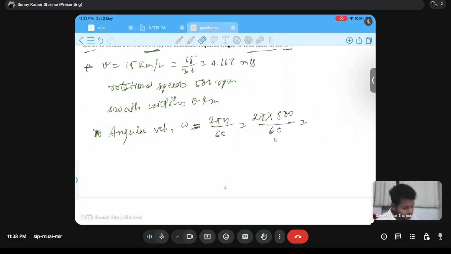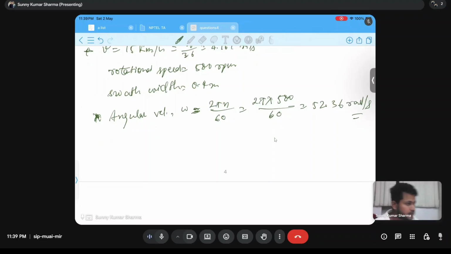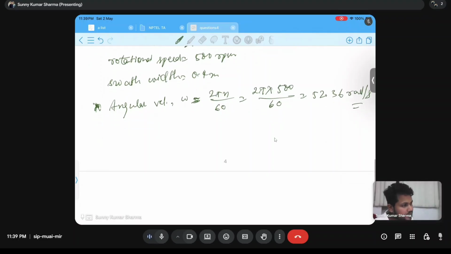So it will become 2 into pi into 500 divided by 60. It is 52.36 radian per second. So the angular velocity is 52.36 radian per second,